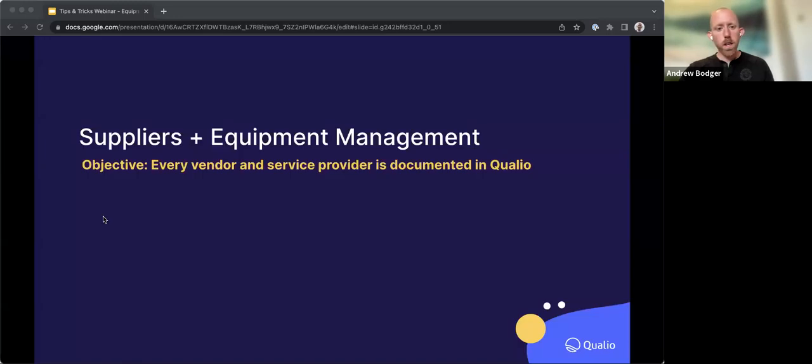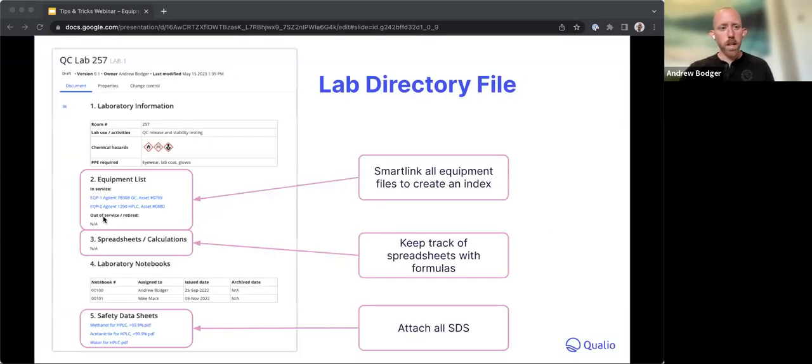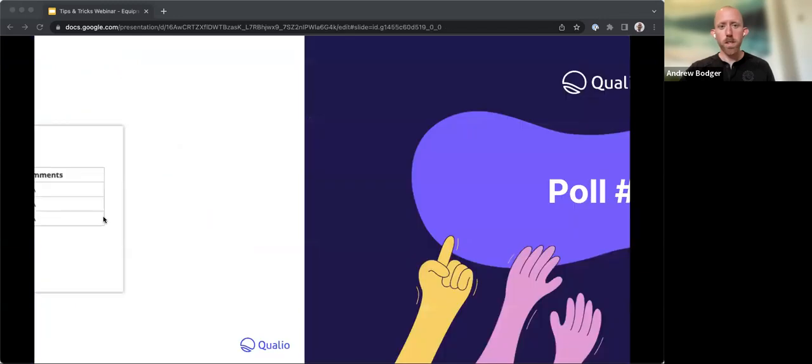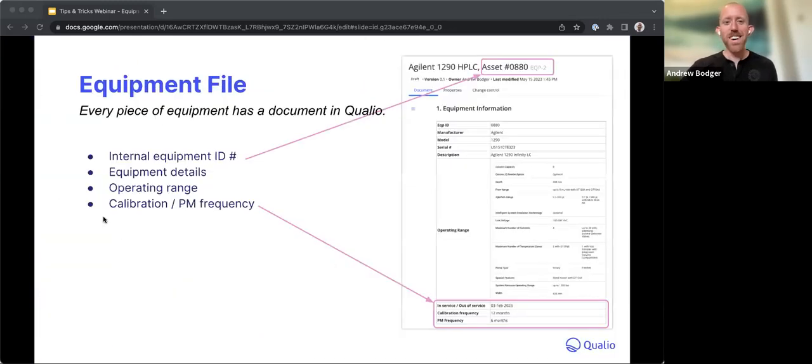I think, let's go back to that equipment file. I need to start remembering what number slide this was. Okay. Yeah, I think in the example here, maybe it wasn't the perfect example, having an in-service and an out-of-service in the same line and not clearly labeling whether it's in service or out of service. I